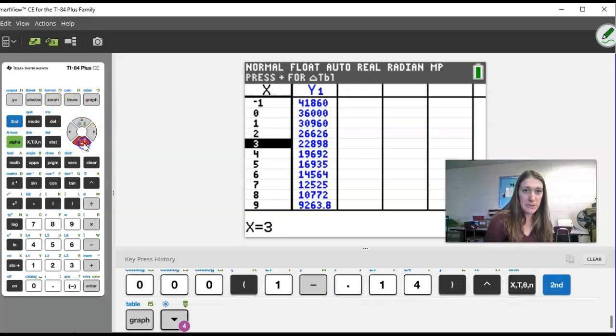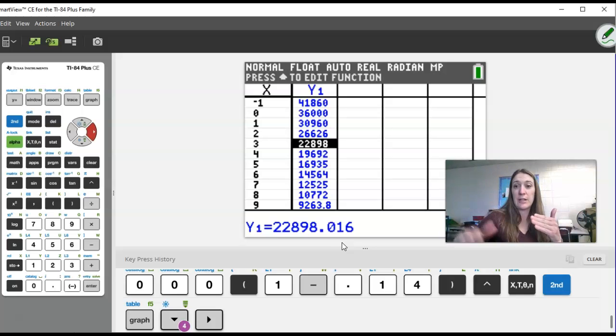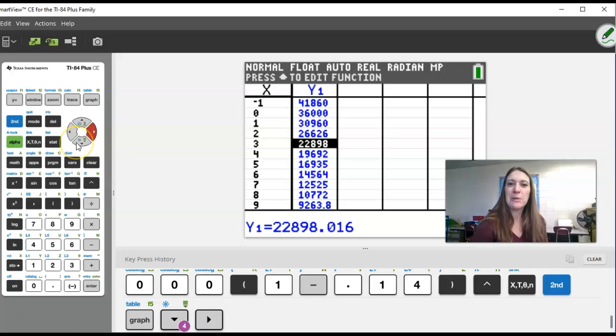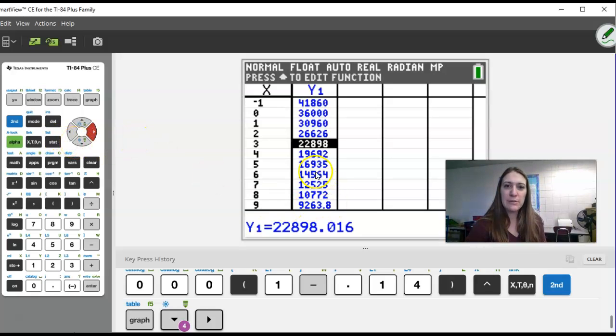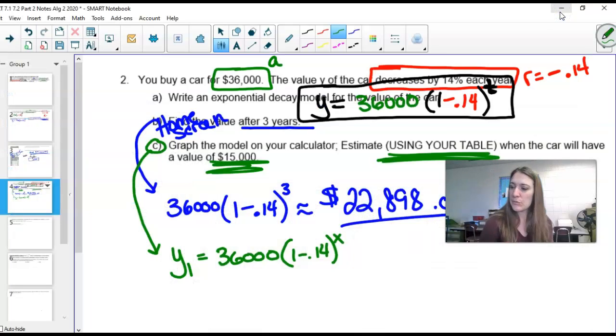Remember how that last question was 3 years? Well, if you go down to 3 years in your table and you highlight over that number, it'll give you that same number. So this is your calculator plugging in a whole bunch of numbers. So that's nice. But I don't want that much. I want 15,000. So I scroll down, and it happens right around there. And again, I don't have an exact answer, but somewhere between the 5 and 6 year mark. Probably a little closer to 6, but they don't ask me that much. So I'll say between